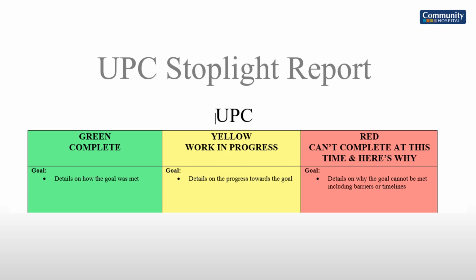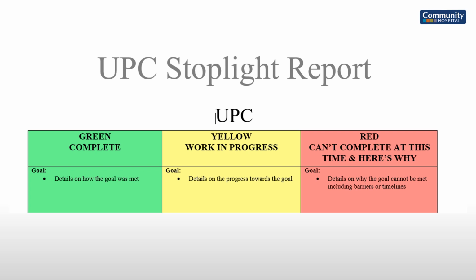So green, these are complete things that you have done. Say you created or worked on a process for how you admit people to the unit, and you did it, and you are now onto your 30, 60, 90 day revisit. You would put your goal down there where it says details on how the goal was met. For your yellow things, these are obviously your things in progress, and it